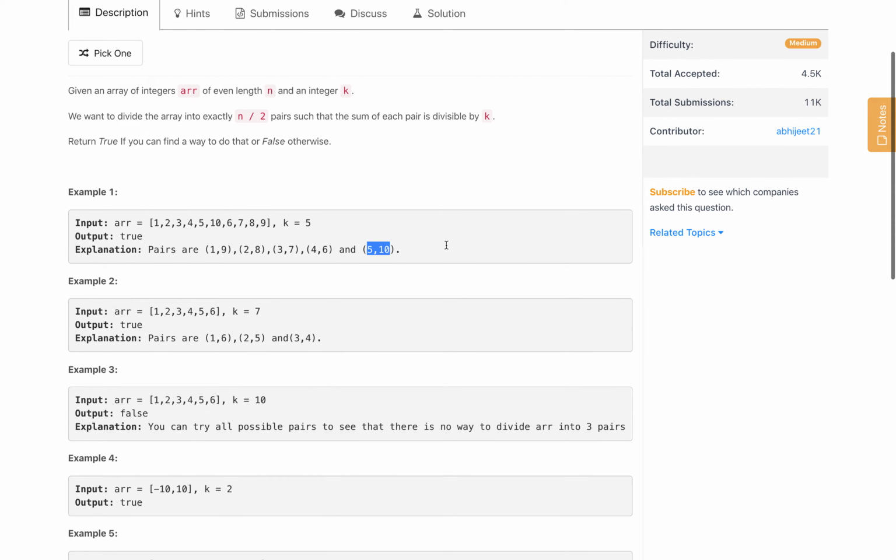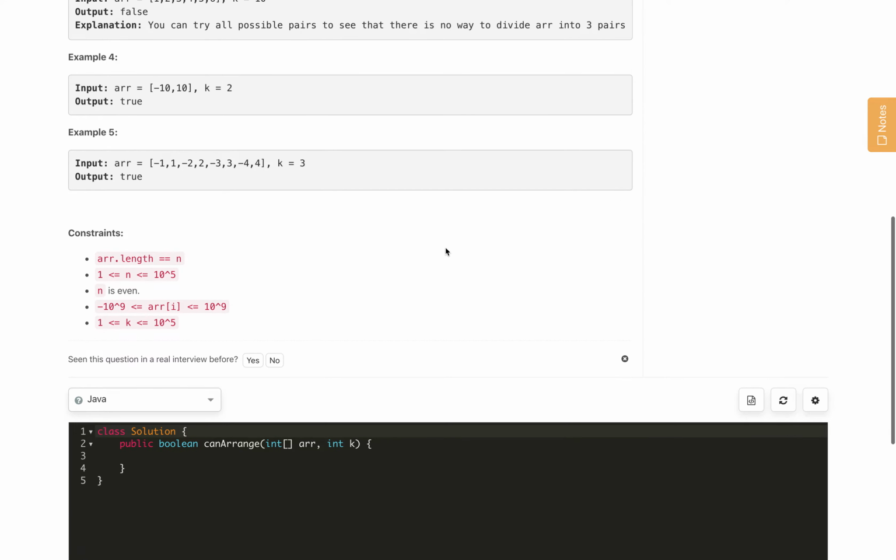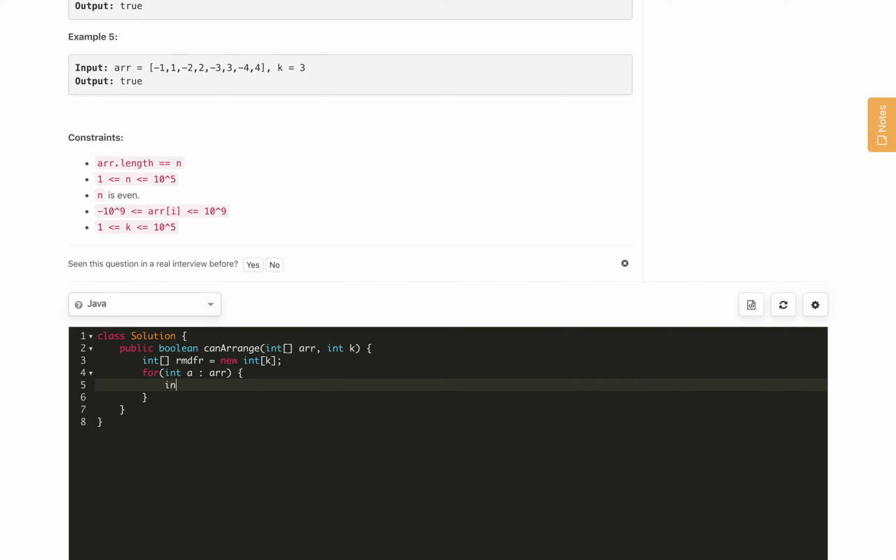Let's start the implementation. We need an int array for the remainder frequency, rmd freq, equal to new int of size k. Then we iterate through the array, for each number a in the array, we first find the remainder, rmd equal to a mod k.